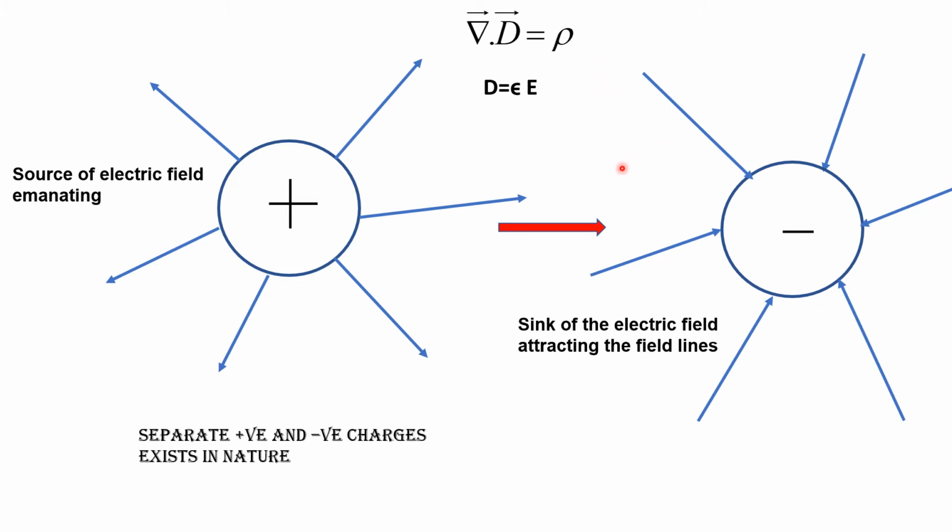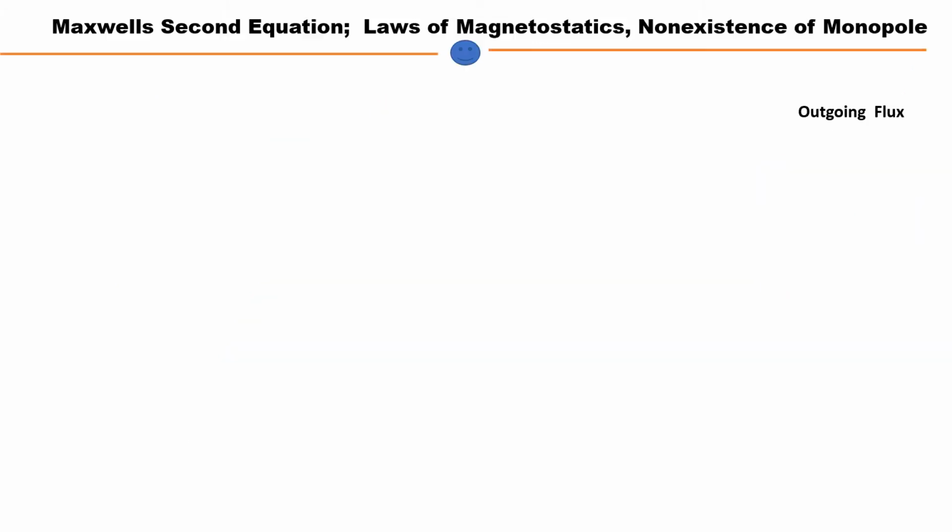So all of this comes from the physical significance of the divergence theorem. It acts as a field of diverging, or as a field of converging, where all the field lines are converging to it. So there must be separate positive and negative charges which exist in nature, and that can contribute to the right hand side, which is associated on the left hand side with the divergence of any vector quantity. Okay, so that is what we can say physically.